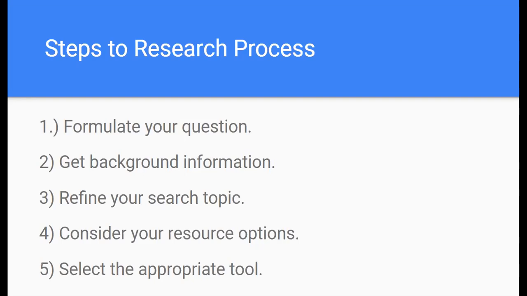Resource is materials. What kind of data are you going to use for the research? Are they available? So these are all you have to consider. And then you will select the appropriate tool. So in this case, let's say you're writing a program that